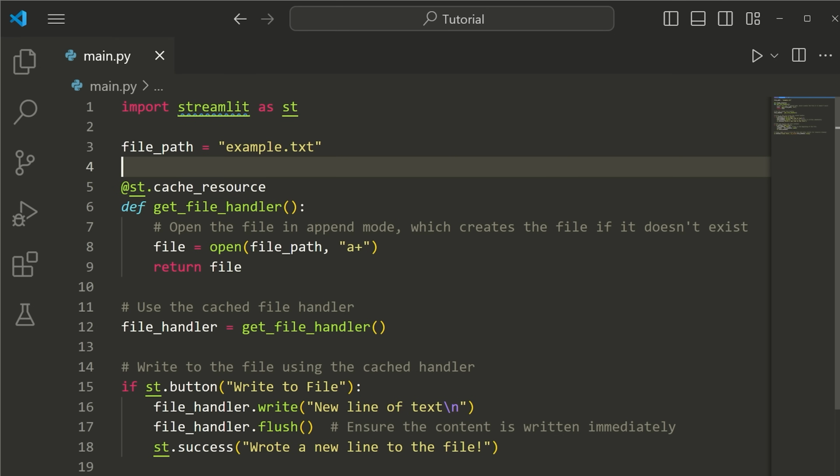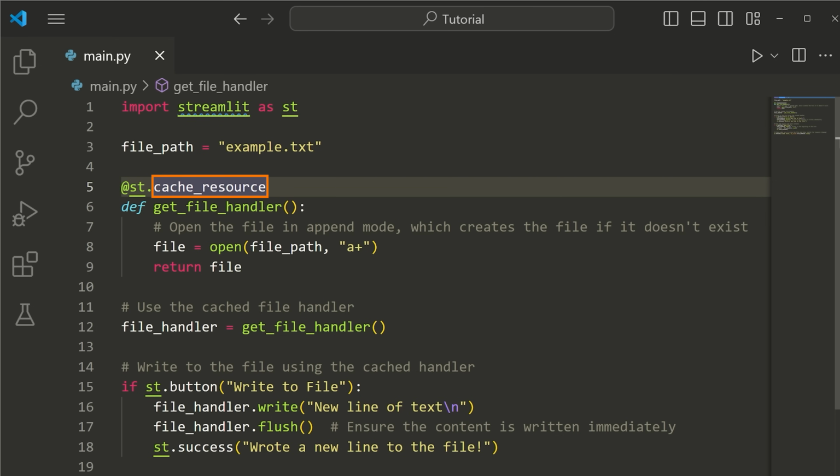So previously we were using cache data. Now we're using cache resource, which allows us to have mutable values returned here, so we can modify what's going to be returned from the cache. In this case, the cache will actually return a reference to the particular resource rather than the resource itself, which allows us to make modifications to the underlying resource that will then be affected for everyone